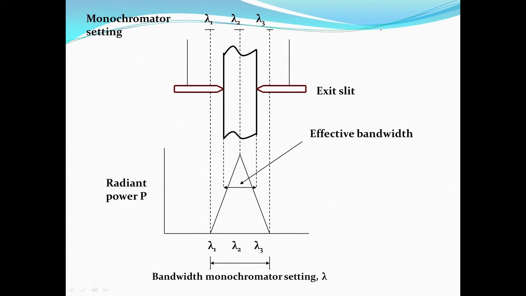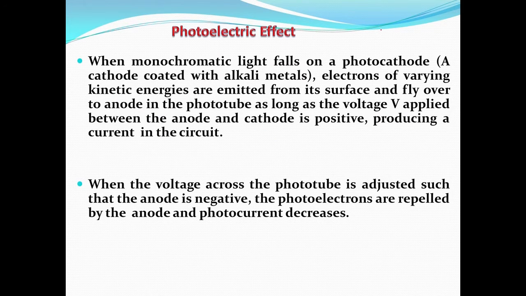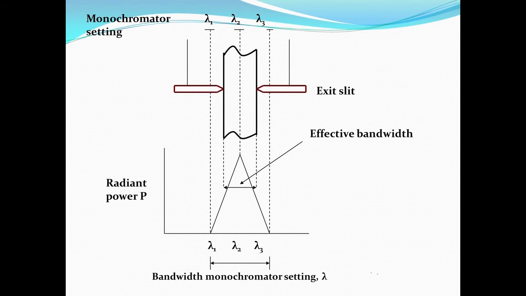Our next point of discussion would be the photoelectric effect. This is again part of our continuing discussion regarding the interaction of electromagnetic radiation with matter. Now, assume that, just like in the previous slide, we have got lambda 2 as the wavelength that I got, and this lambda 2 wavelength is made to interact with a particular